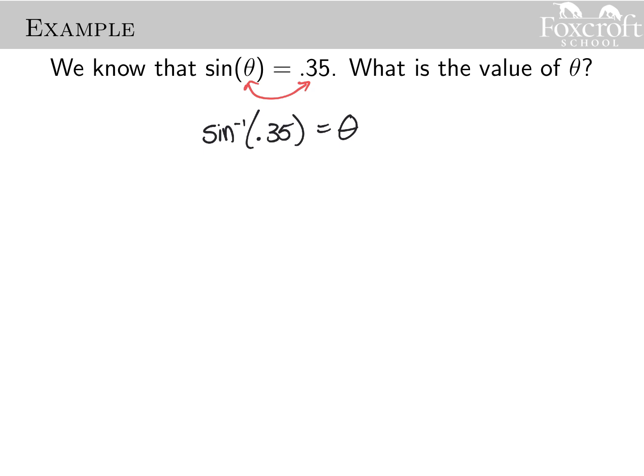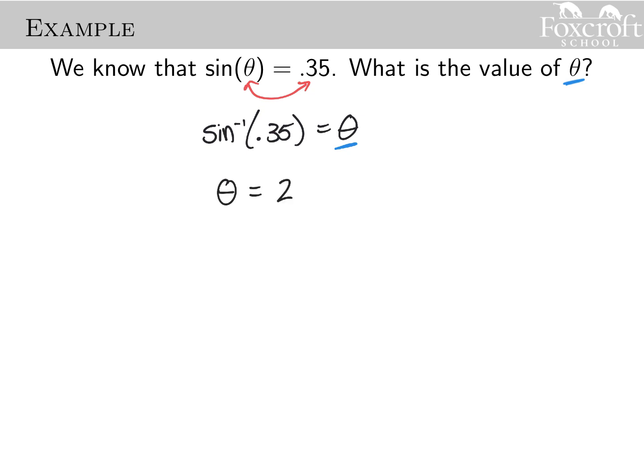And now when we do that switch, theta, the thing that we're trying to find, is by itself on one side of the equal sign. And then this is what I can type in. I'm going to type it in on Desmos, which you can't see: arcsine, because that's easier to type, of 0.35. For this one, let's just say we're going to do it in degrees. So I have my Desmos in degrees,